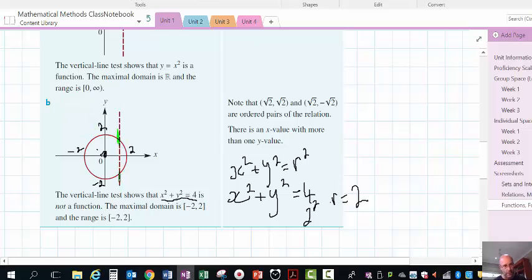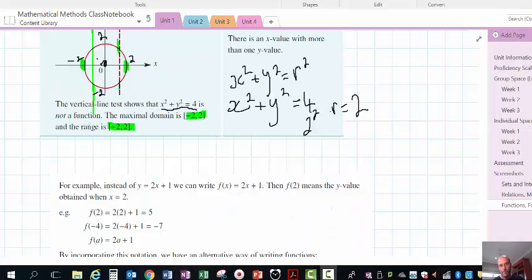So because of the vertical line test, it is not a function. It cuts twice. You can put a vertical line in several spots, and if it cuts twice at any stage, that disqualifies it from being a function. So it's only a relation, it's not a function. The domain is all possible x values, and it's pretty obvious that it's from negative 2 to 2 inclusive. So is the range, all the possible y values, from negative 2 to 2. If there are any